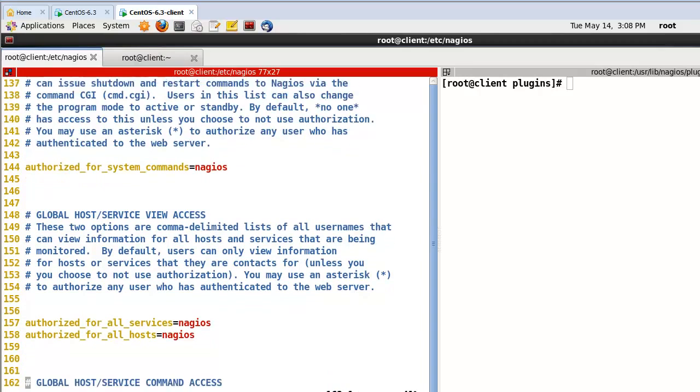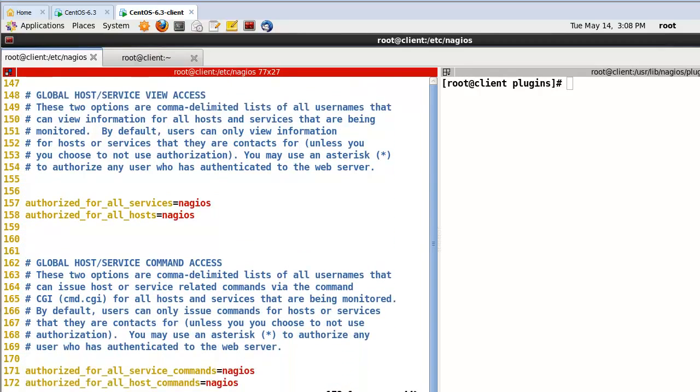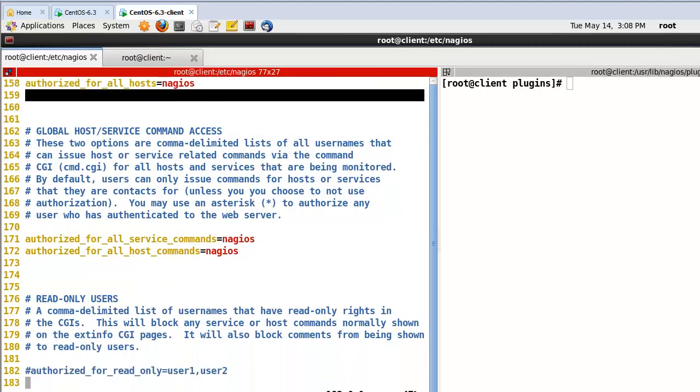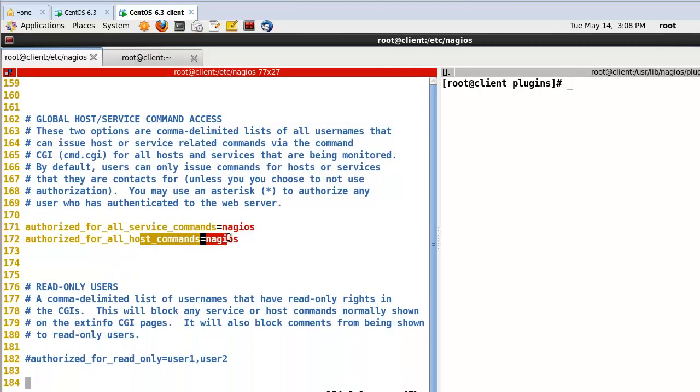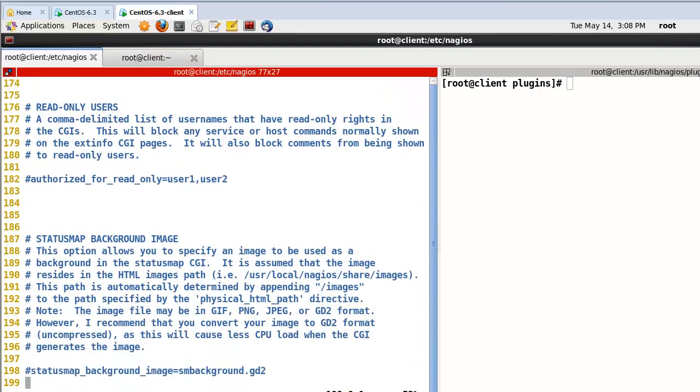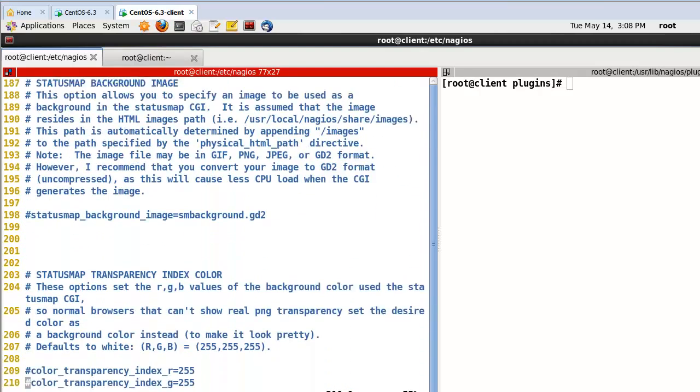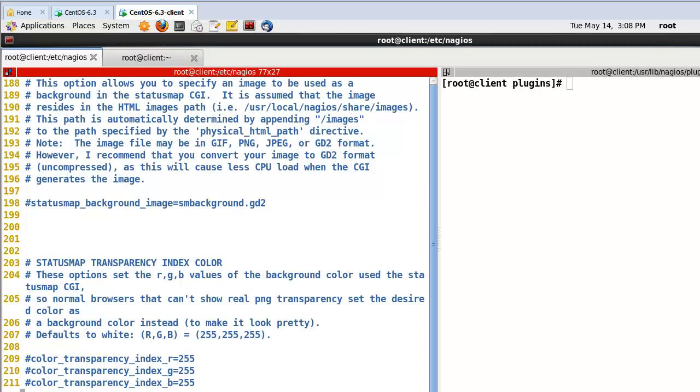And here, line number 157, 158, authorized for all services, the username will be nagios. Authorized for all hosts as well, that will be nagios. And here, authorized for all service commands and host commands as well. Please change the username like this. Okay, and after that,